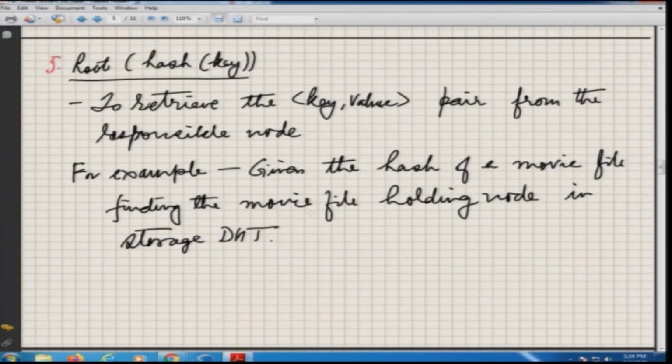Now, the fifth kind of message is where key value pairs will be stored. You have a distributed file system, for example. Again, I will talk about how to implement this file system in a distributed system later on. Or maybe a file which contains banana. So, I deposit a file with banana as a keyword. Everybody who has something to say about banana will deposit the file to the hash of the banana string, by finding out the root node and dumping it there. It may not be exactly files, it may be pointers to the various nodes in the network where these files are actually located.